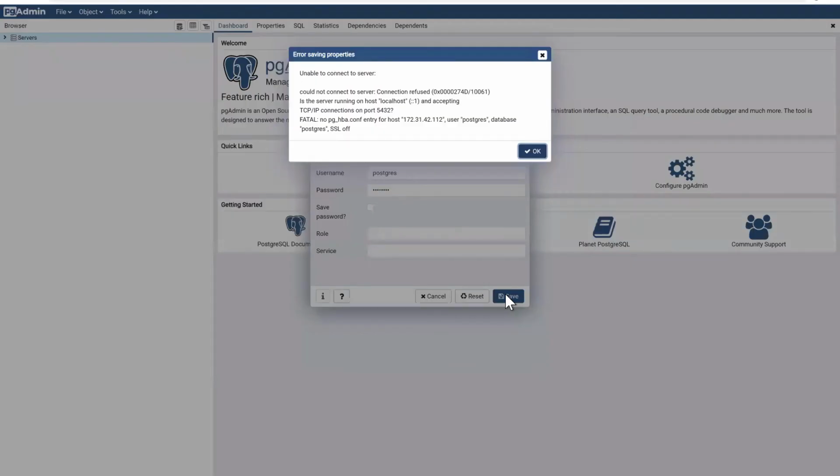If you provide all the details correctly, then... unable to connect to server. Okay, so the database is running inside the Docker container, but we need to open the connection to connect from outside the Docker container. That's the reason we need to modify a configuration inside the database.